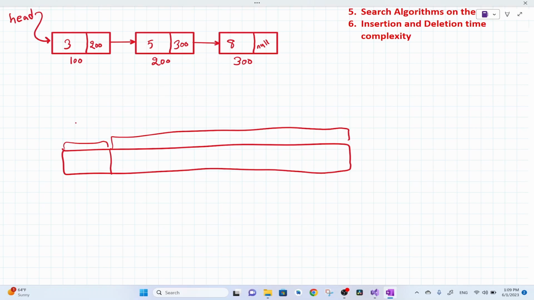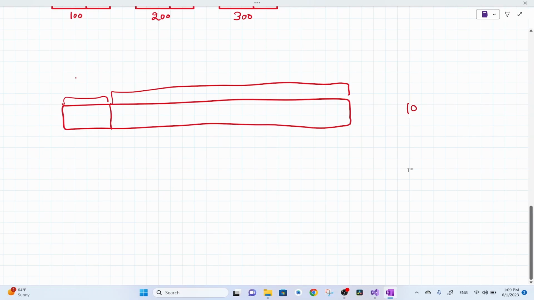Same case if we underestimate the size of the array. Say I estimated storing 10 values in my array, but at runtime the user wants to store 12 or 100 values. We cannot do that, because once the array is full, we cannot insert more values into the array. So these are the drawbacks with arrays in terms of memory utilization. But on the other hand,